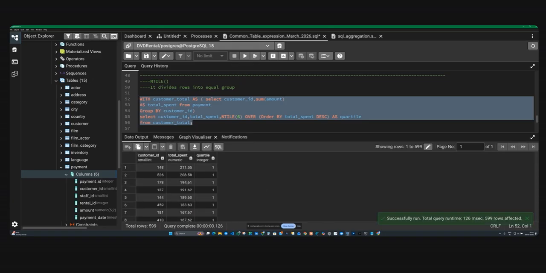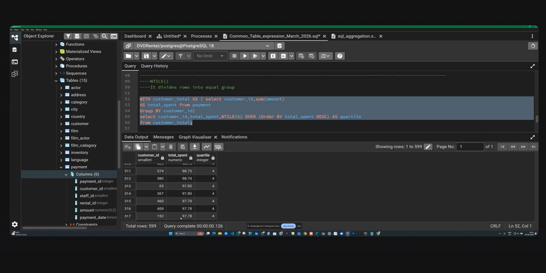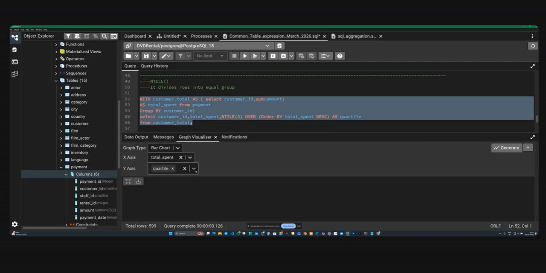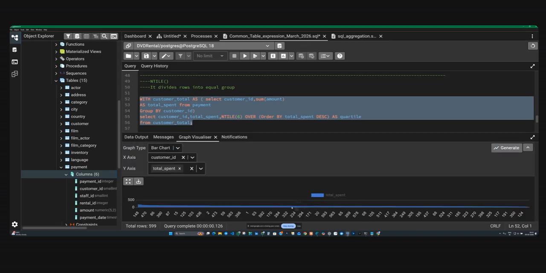Okay, if I go to the last one, I should see 6, distributing all your data into 6 buckets. Okay, 5 and 6. Okay, and then graph visualizer, I'll go here, and total spent, customer ID I can pick, and then I can do total spent bar chart. See, this is coming flat. Okay, so you can see,